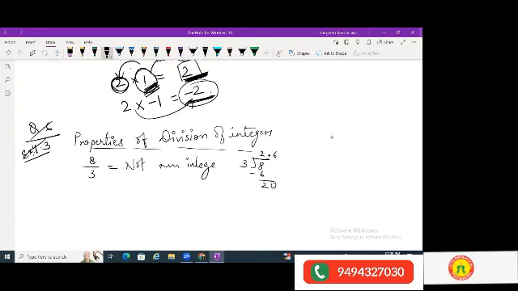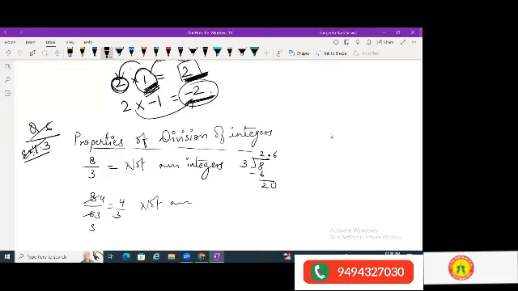Yes. Let's take some more. If I take 8 divided by 6, what will this be? 2 से चला जाएगा. 2 का, Ma'am, 4/3. हाँ, we will get a rational number, ना. 2 3 से 2 4 हो गया. So we get 4/3. ये भी इंटीजर तो है नहीं. So this is also not an integer.